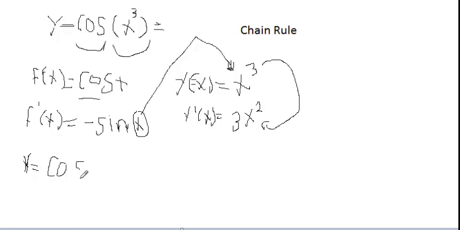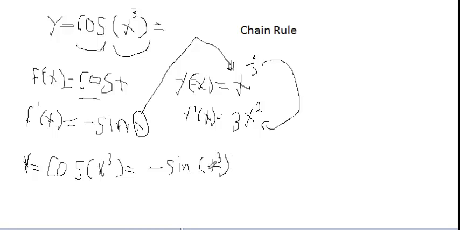The derivative of cosine x cubed equals negative sine times the inside function, x cubed, which is this one right here, to the third,